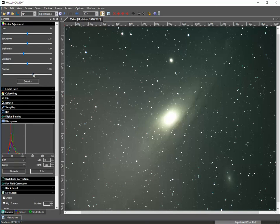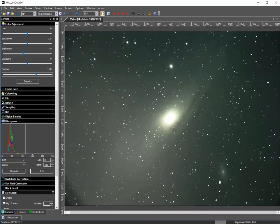I'm going to push the gamma up a little bit to 1.3. Okay. Let's see what that does. Again, I'm averaging 5, so it's going to take...